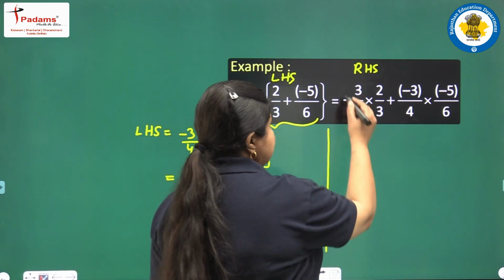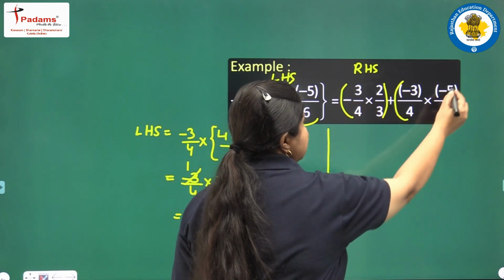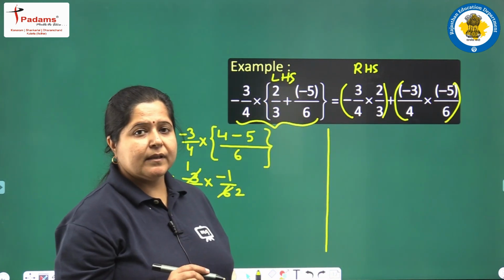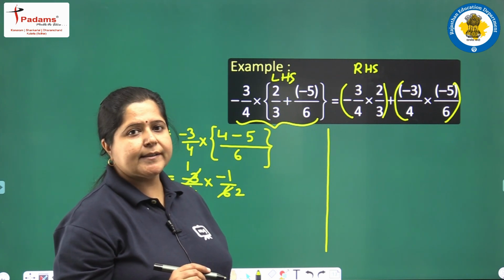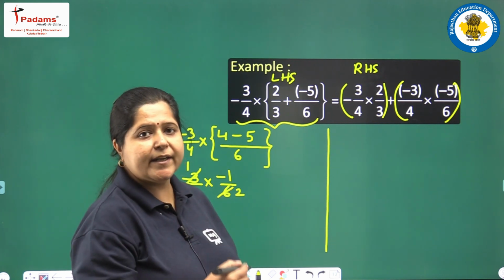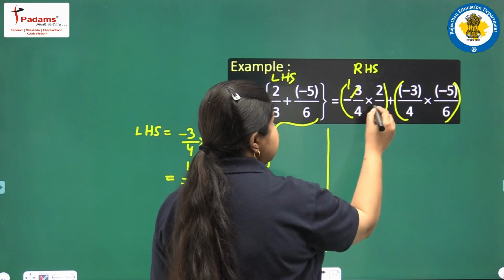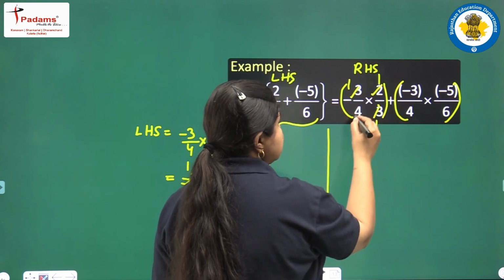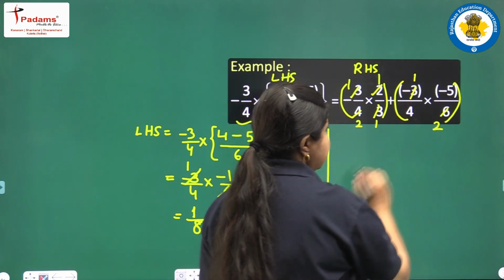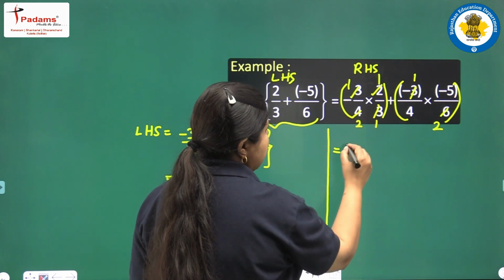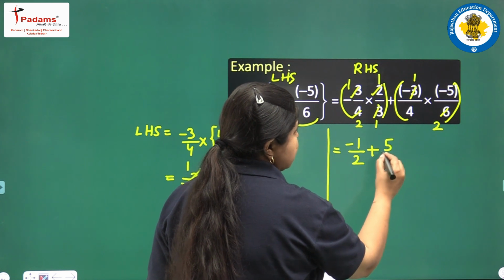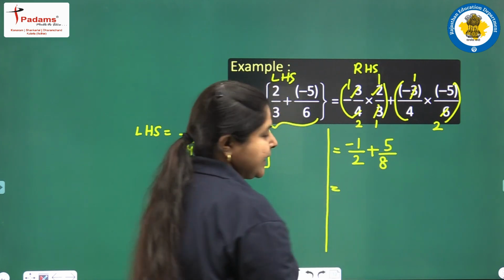This is the RHS. We will take these two and these two. Here you can see there is a multiply sign in between. So we can cut the numbers. When there is plus or minus, we cannot cut the numbers, but when there is multiply in between, we can cut the numbers in numerator and denominator. So 3 1s are 3, 3 1s are 3, 2 ones are 2, 2 twos are 4, 3 ones are 3, 3 twos are 6, and now we get minus 1 upon 2, and here minus minus will get plus, 5 ones are 5 upon 4 twos are 8.